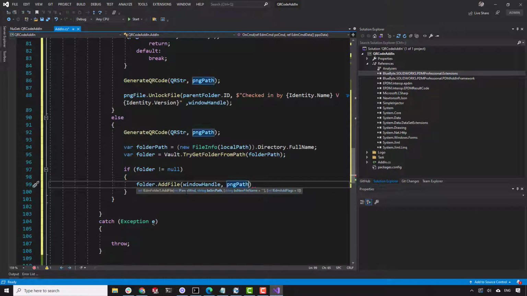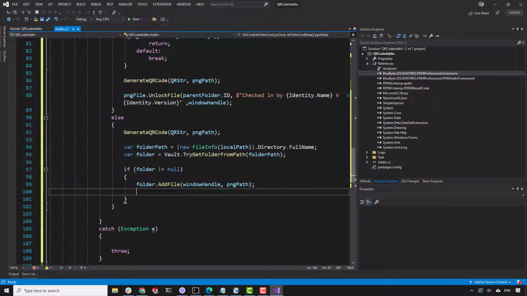We don't want to change the name, and then the PNG path, which is the source. We don't want to change the name or add anything specific in terms of adding the file to the vault. So this should be enough to add the file into the vault. And by default, this method returns the ID of the added file. So we'll need this. And then we'll just do var PNG file equal to